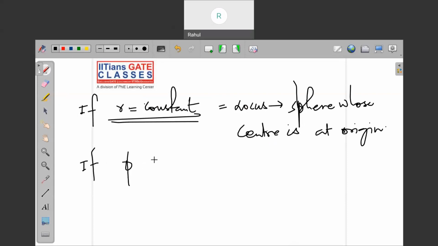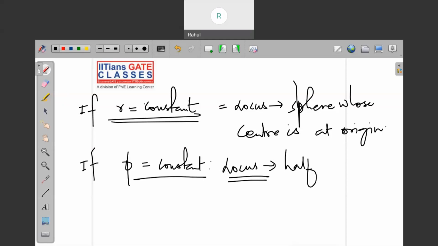You can say phi is going to be constant. If phi is going to be constant, so the locus is going to be what? Locus will be a half plane originating from the z axis, half plane originating, right, from... okay. So I guess in cylindrical coordinate system I said phi equal to constant means, okay,